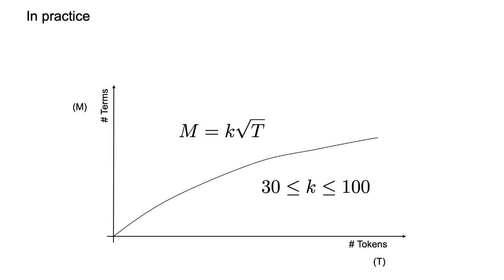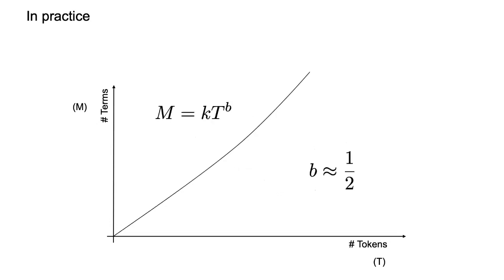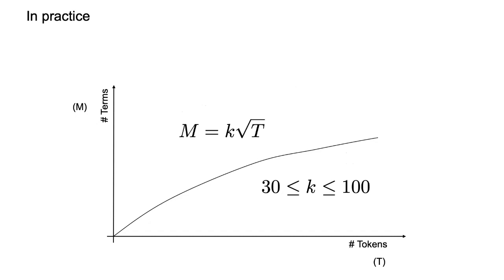But that was a very good guess, and this is why we had a minority of people thinking that it would not have the horizontal asymptote, right? Okay, so this is a surprise, and that's the first surprise we have, and this is in fact called Heaps law. This is Heaps law that tells you that the number of terms, so the height of your index, grows in the square root of the number of